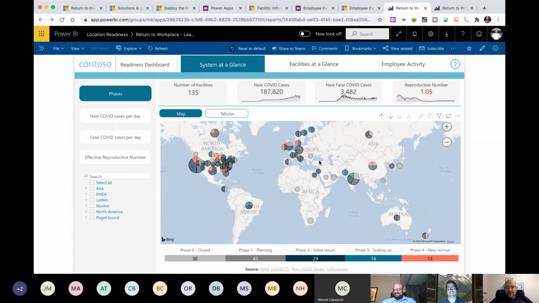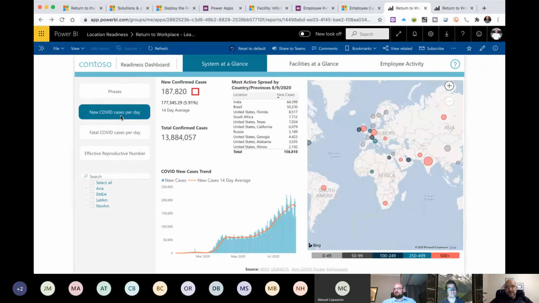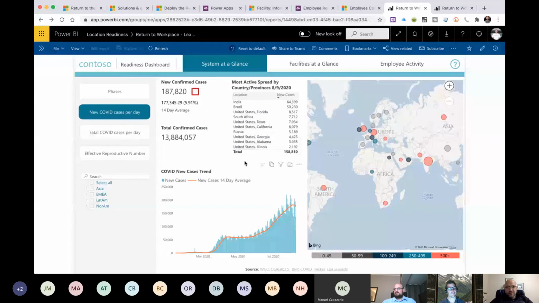All right, so at the moment, this is a whole bunch of demo as well as test data, so the reports are not accurate or anything meaningful, really. But this just gives you an idea of the kind of reports that you can extract from this. So this allows you to have a look at the new COVID cases for the day. It'll show you the trends. It'll show you the total confirmed cases and all of these sorts of things.